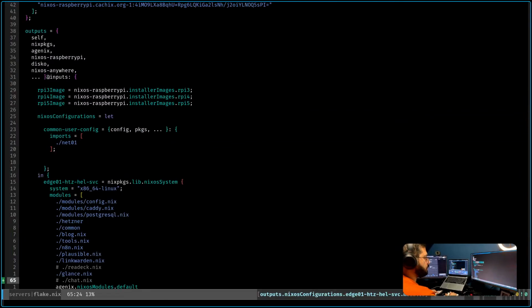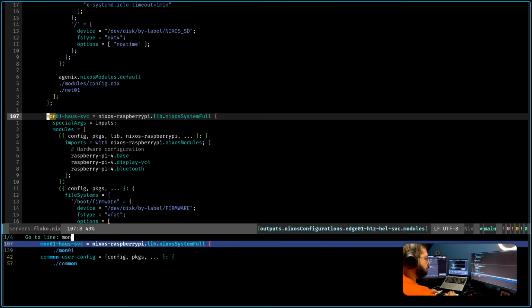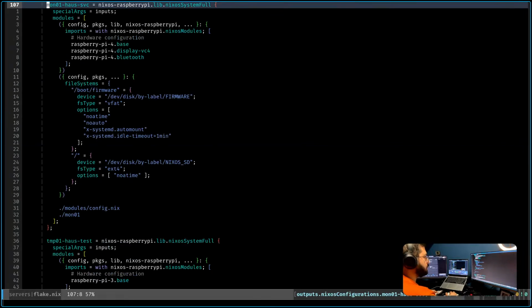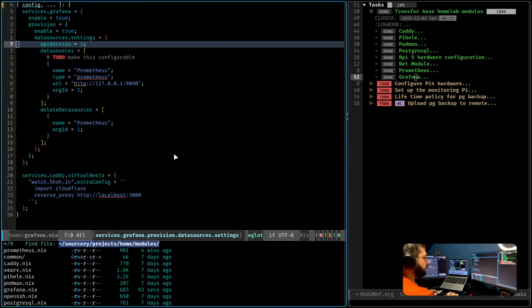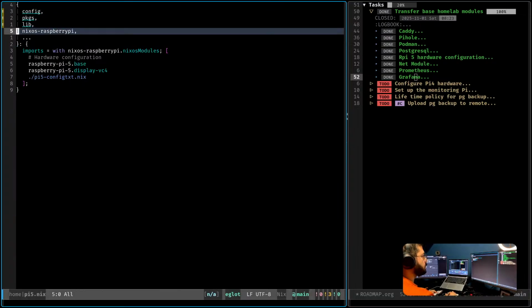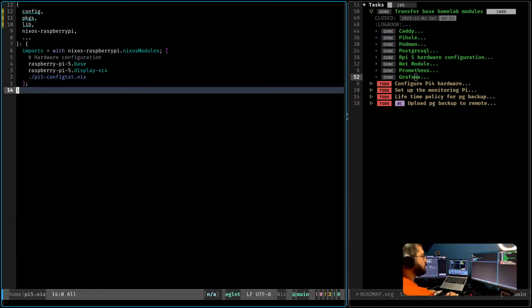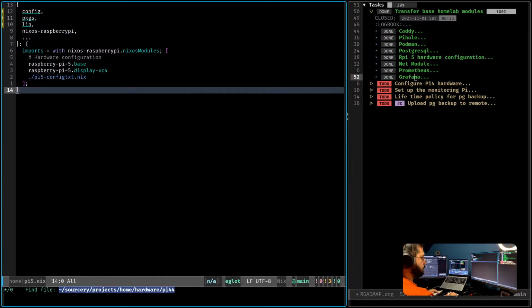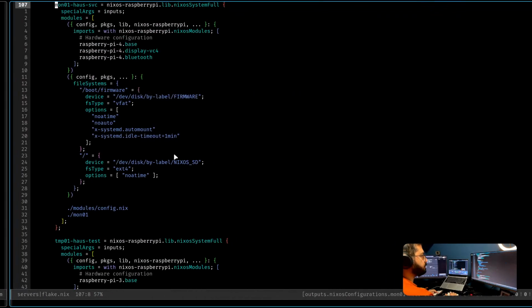Okay, let's check the Flake. Okay, the hardware is hard coded here. Let's see, what do I have here? Pi 5 Nix. Okay, I'm going to do Pi 4 Nix as well.